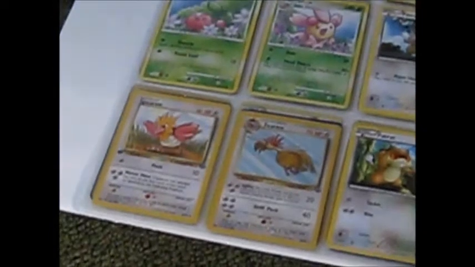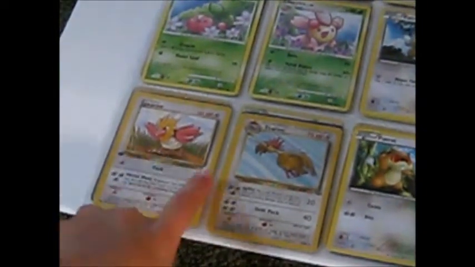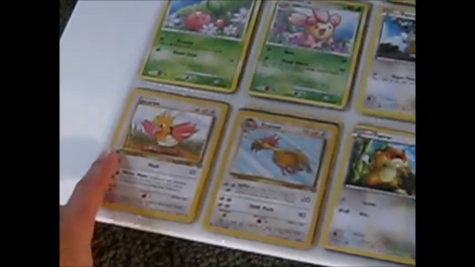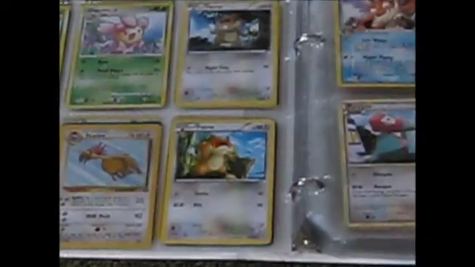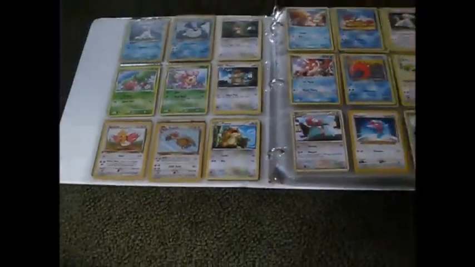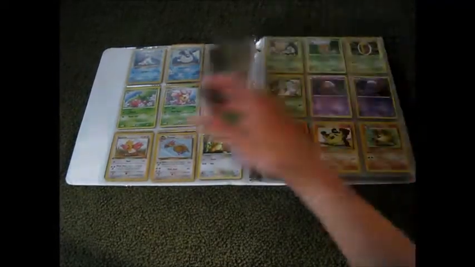So anyway, I forgot to mention, there's a Spiro and a Firo. Just thought I might point that out. It's a Flower First Edition Spiro and Flower Firo. Apparently not First Edition, but whatever. Yeah, next page,